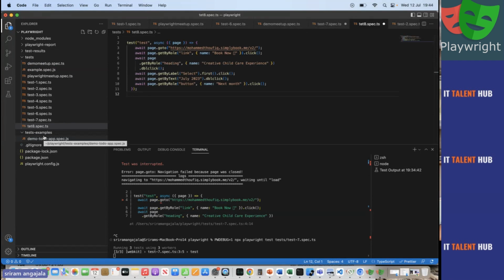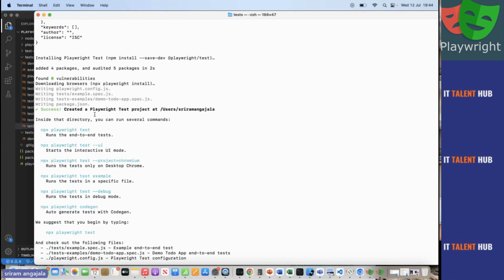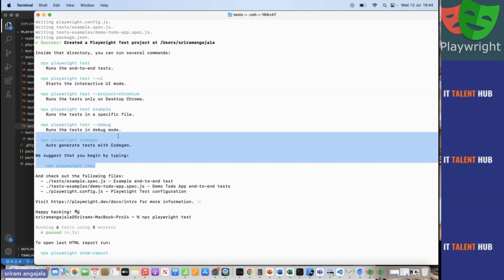So like that, guys, you just need to know where to record and where to play back. As we already saw in our terminal, there are a few commands that you need to know, like test UI, browser, a specific test, debugging, code generator, and running through a test runner. So there are a few things that you need to learn, which I can teach you if I'm doing the course with you. But the learning will be maximum one to two weeks. You should be able to get in and out of it, and create the end-to-end frameworks.